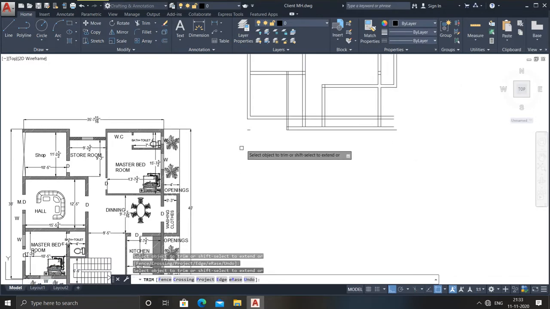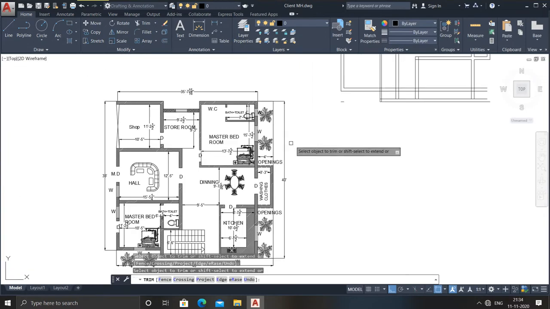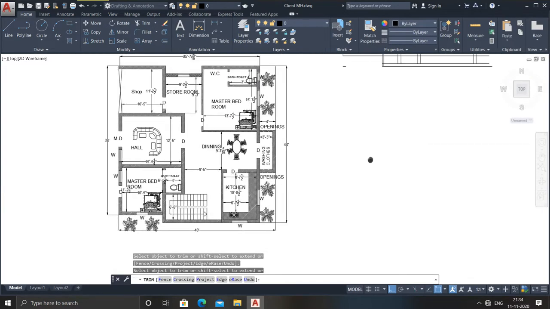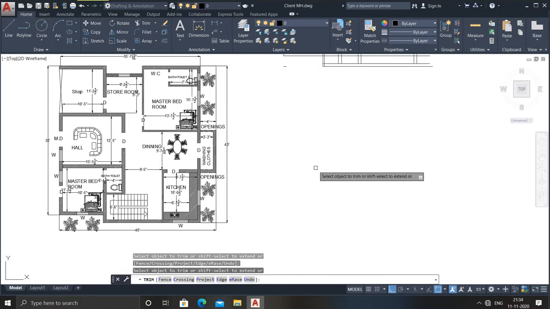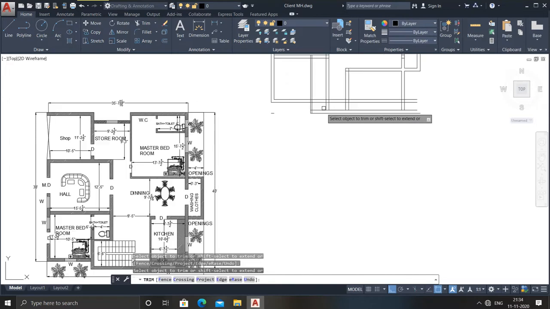Then once you look at it, here is the one wall, right? So this should not be here, this should also not be there. So go for trim of it. I'm going to tell you what should be there. Just go for it.